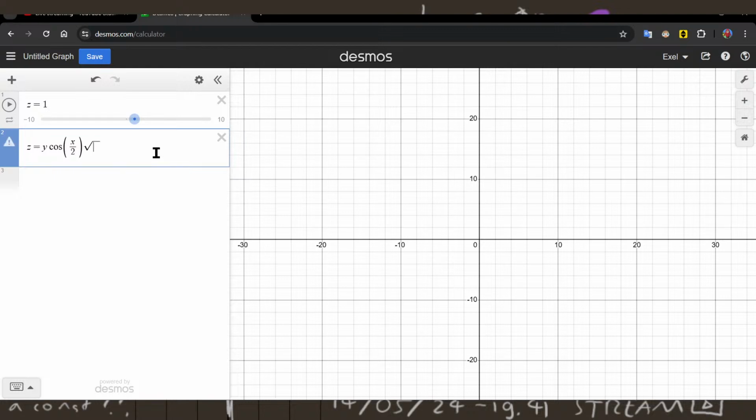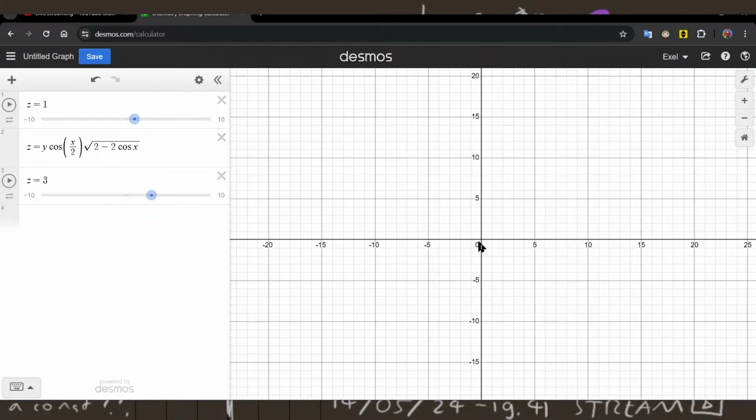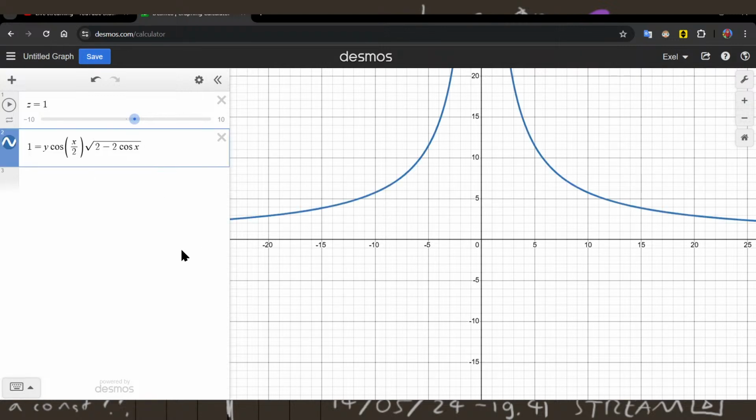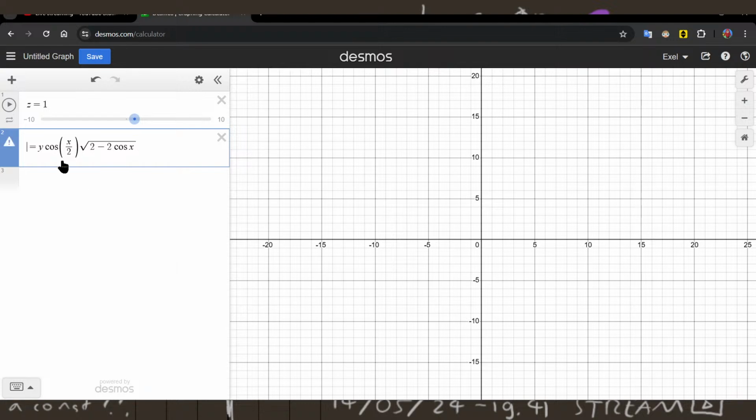And then a square root of 2 minus 2 cosine x. And nothing is really appearing right now. Oh! Okay, so for some reason this constant doesn't really work. If I just plug in 1,